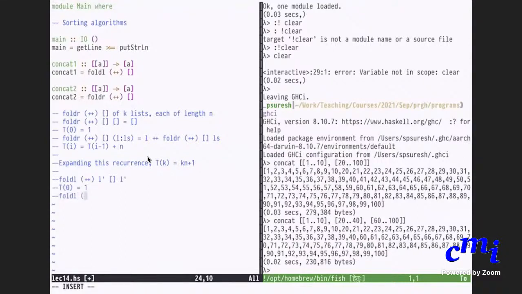Fold L of plus plus L prime, and then L colon the rest. Actually here you are concatenating, you are just returning L prime. This is nothing but fold L of L prime. So you have to do it for one list of length 1.